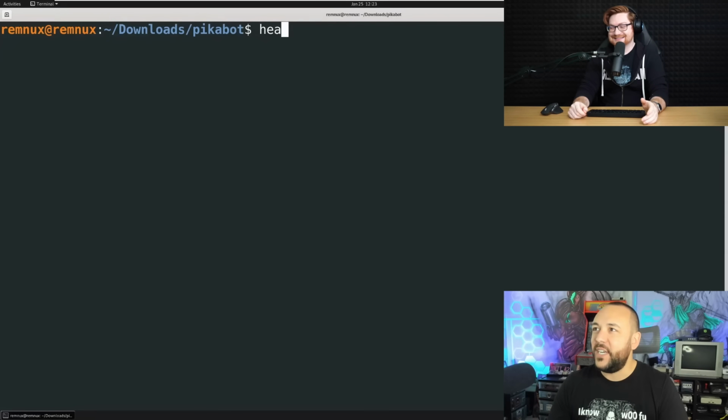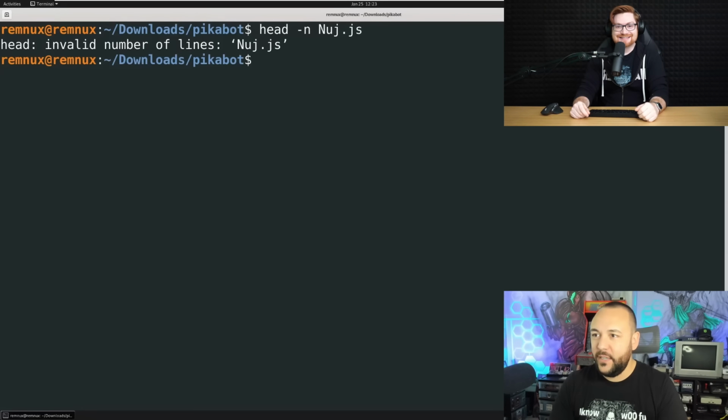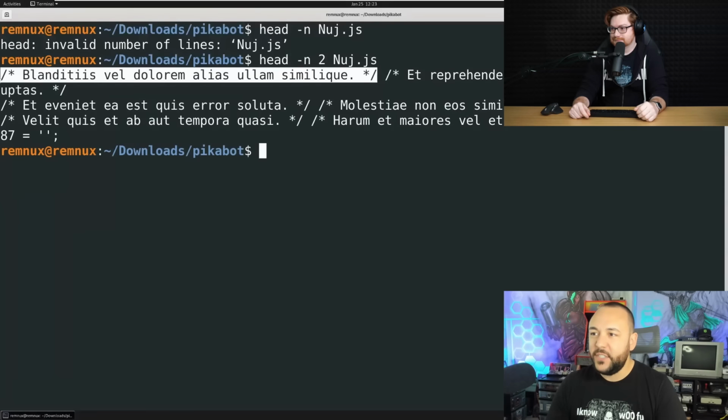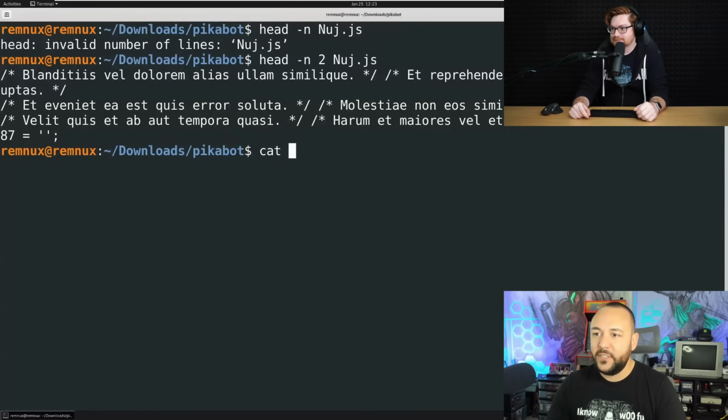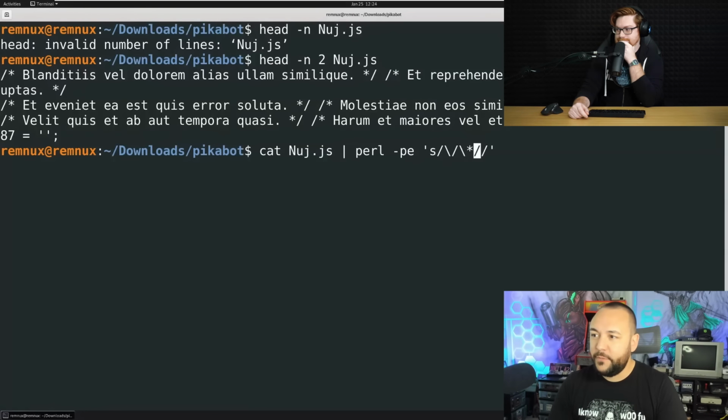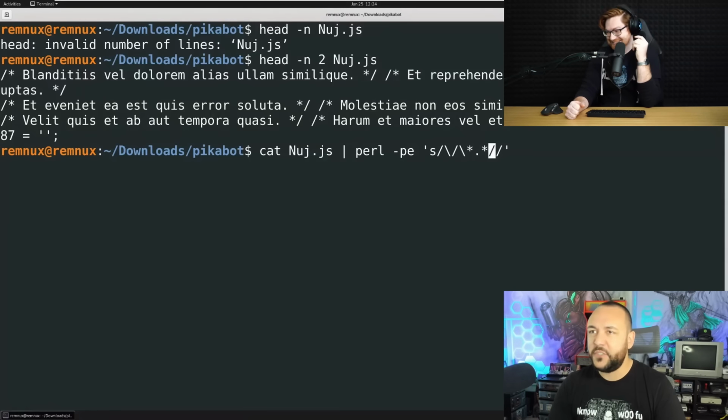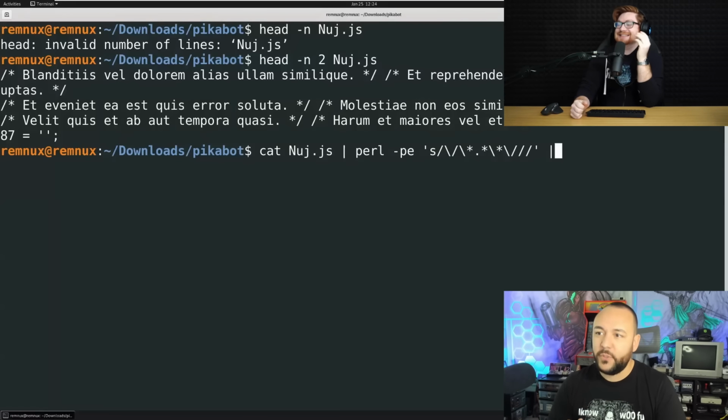So we've got this. If I run a head 2 and look at it, I can see this is what I want to clean up. I want to get rid of that. So I can do a cat of the script and pipe that to Perl. The -pe flags loop through each line, treating them as separate lines. Then I want to find, and I have to escape the / and then the star, anything between that. Dot matches anything but a newline, I believe, and then a star means as many as you possibly can. Then I escape the star at the end and then the / at the end.